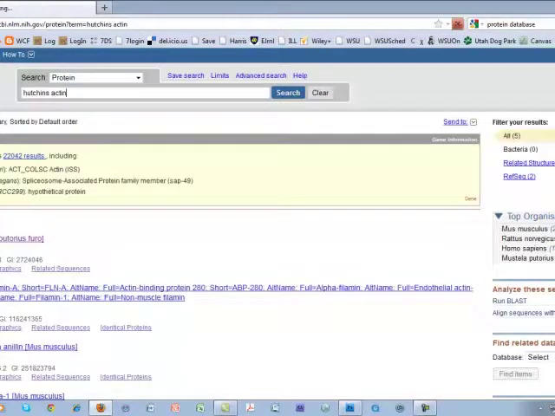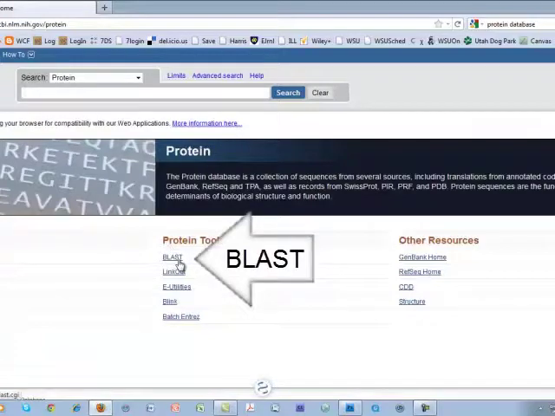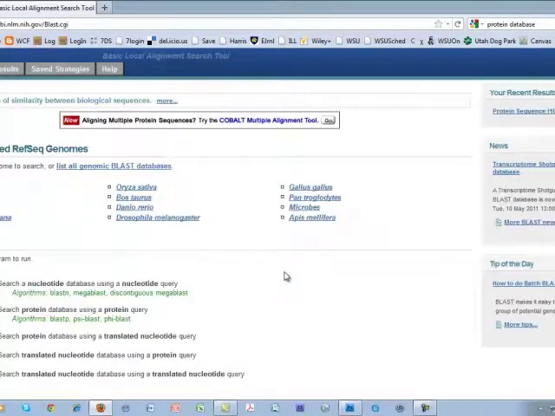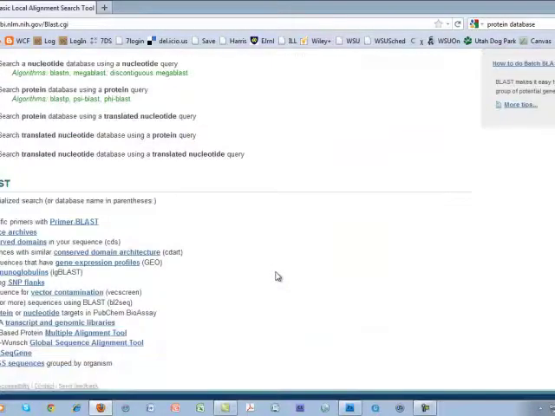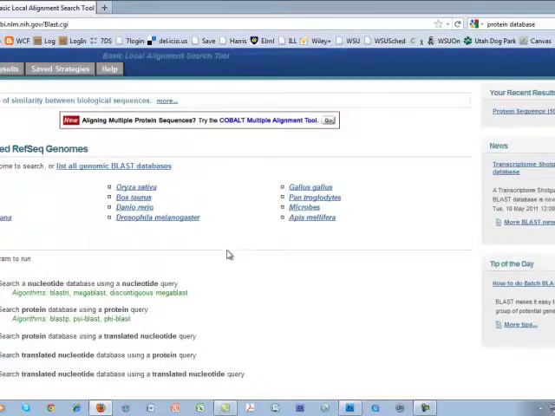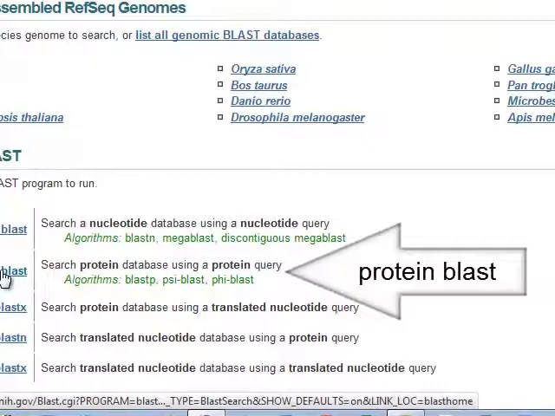If I go back to the page that I started with, I have BLAST here. If I blast that sequence, I'm searching for parts of the database that have that sequence. So I'm going to do a protein blast,